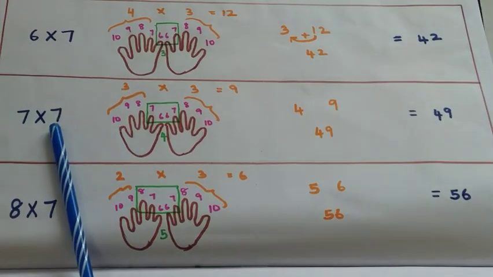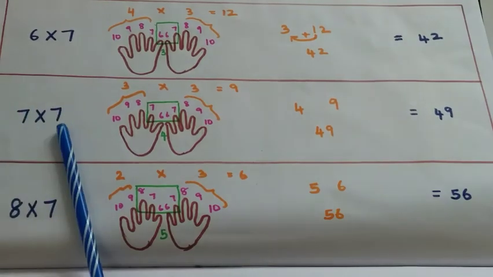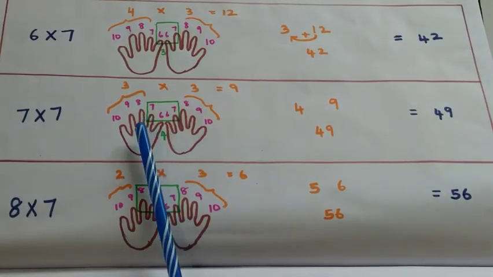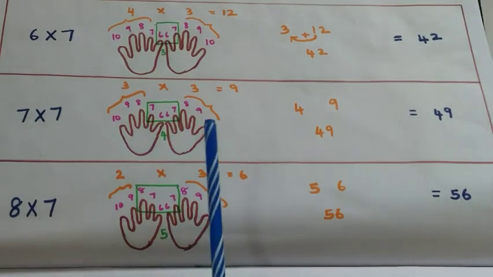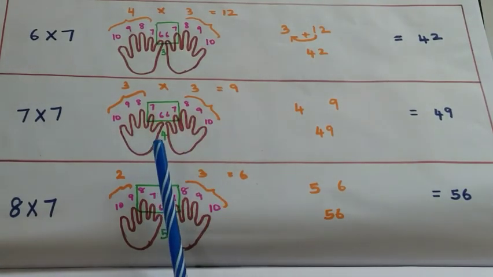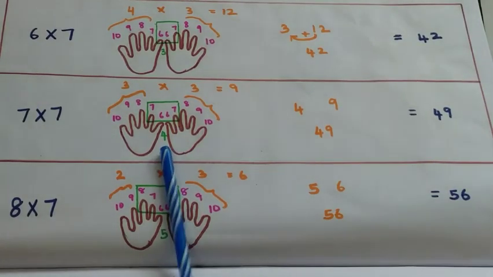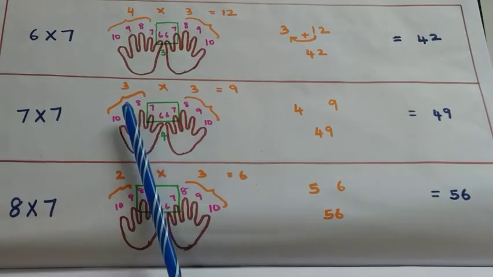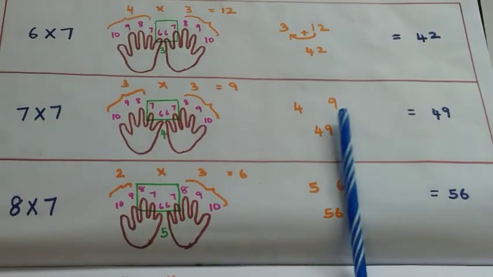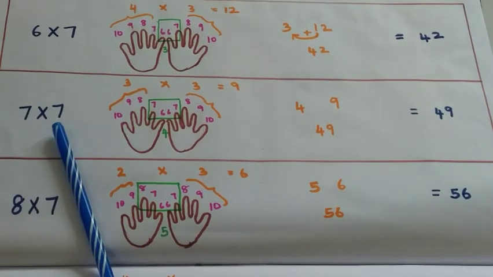Now let's move to the next row, which is 7 into 7. So to find the result of 7 into 7, just rotate your hand and touch the fingers that have been numbered 7 and find the number of fingers that are in between those fingers, including the fingers that have been touched. So the total number is 4, which has to be written here, and count the number of fingers on either side of these fingers and multiply the numbers to get the 1st digit and club both to get 49, which becomes the answer of 7 into 7.